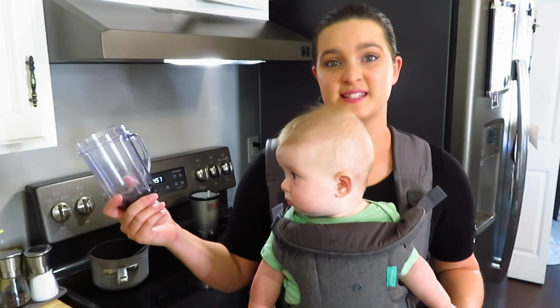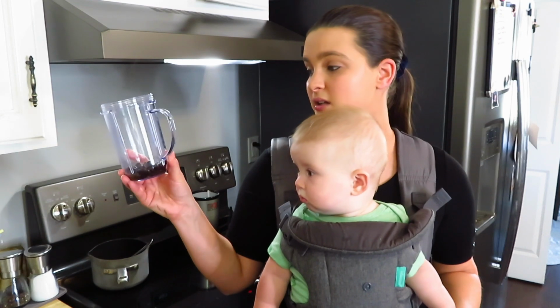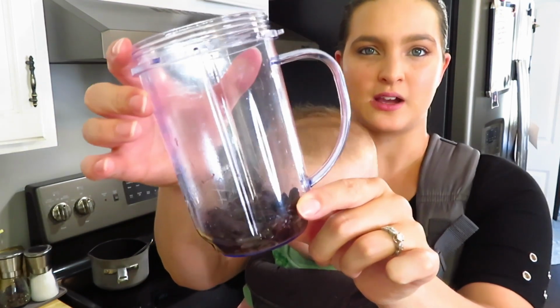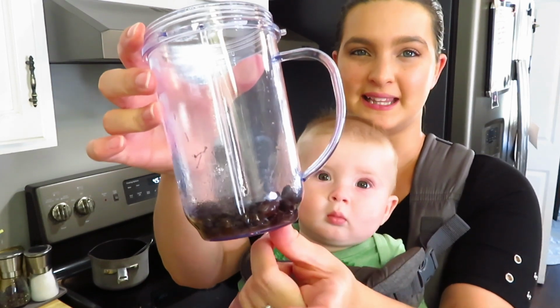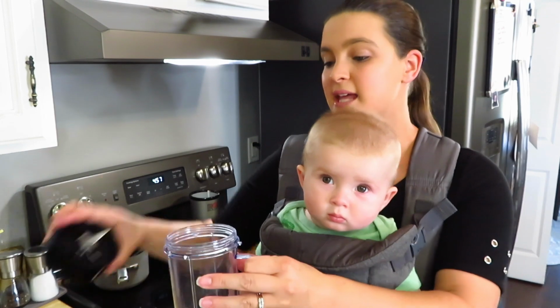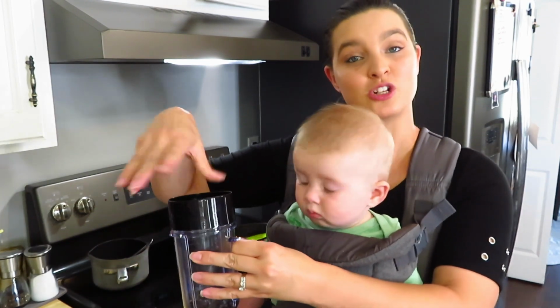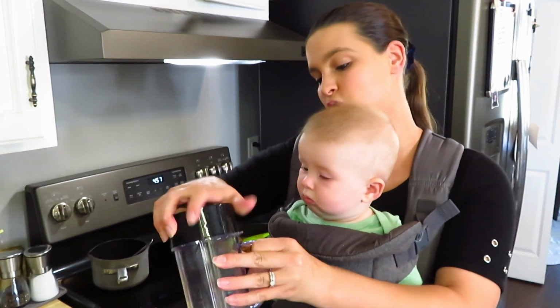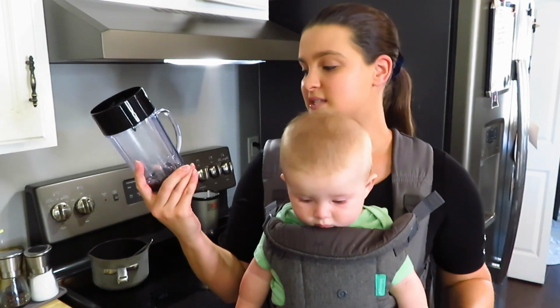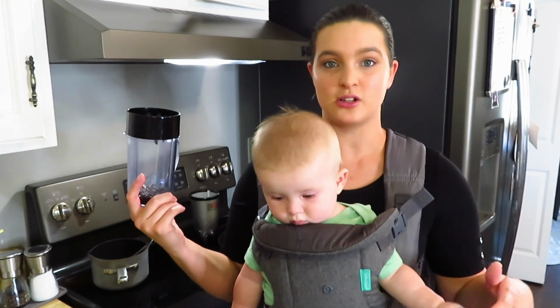But one thing that is consistently on his plate on Taco Tuesday are beans. I just heat up a can of reduced sodium black beans, put a little bit of water, not too much or they'll be really runny, and I blend it up with our magic bullet, and I try and make 2 portions, one for tonight and one for another night, just because it's a good source of protein